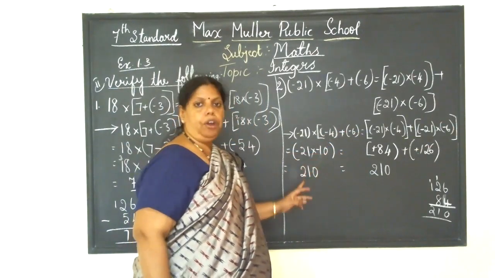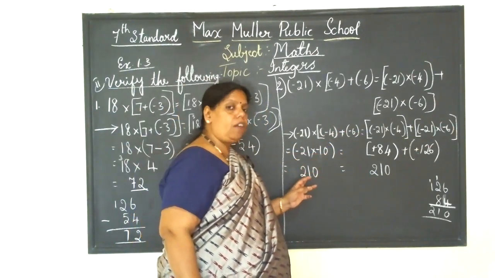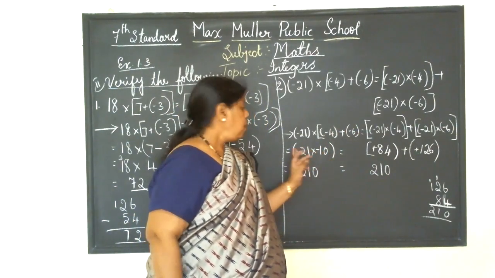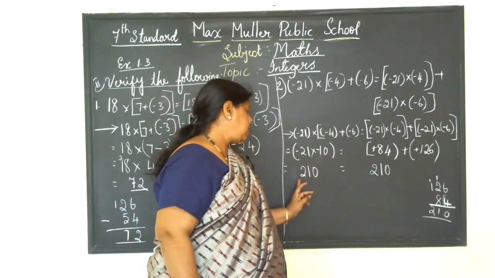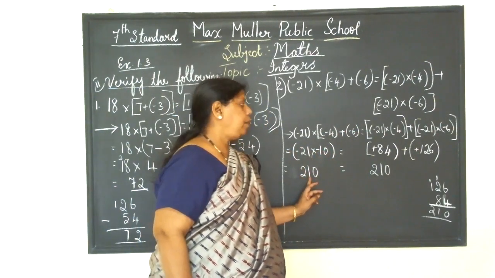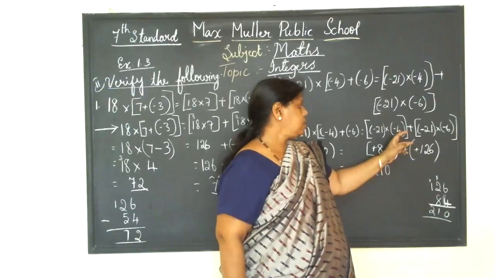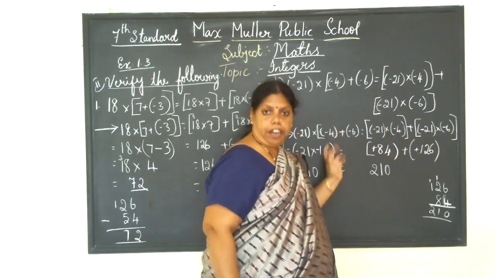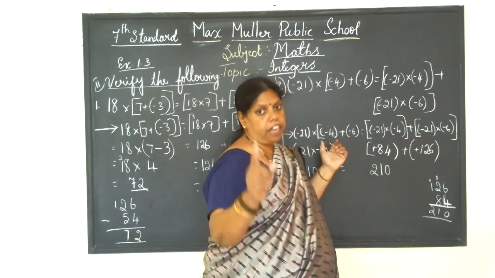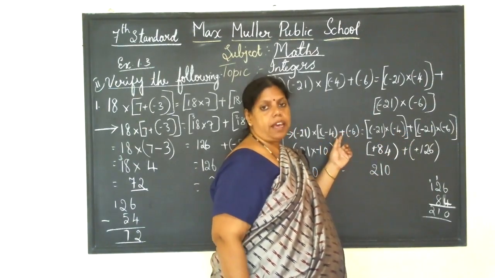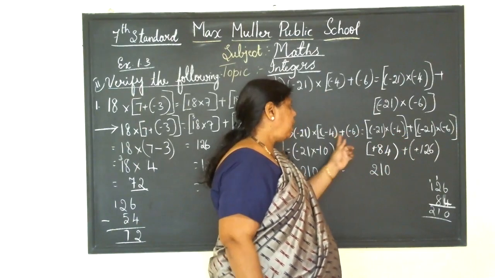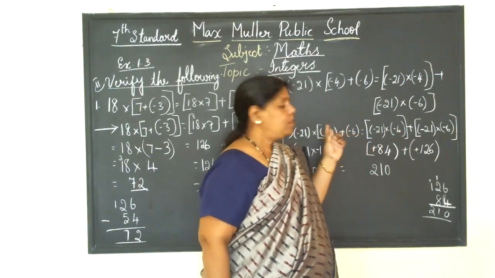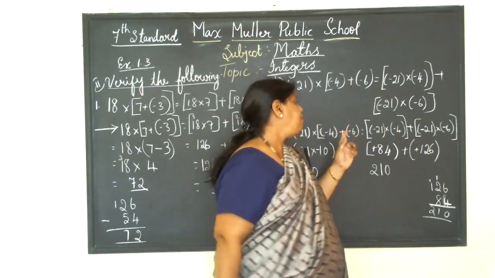Still, we have to solve again. 210 into minus. Here directly I have taken minus into minus plus 210. Here minus of minus 21. Here plus was there. So I have taken minus here. Don't get confused. Here plus was there. So the bigger sign, when we add or subtract, we have to consider the negative sign of the larger number. Okay.